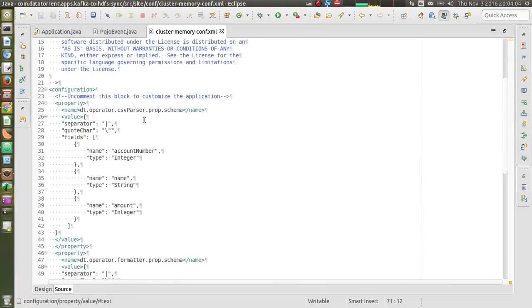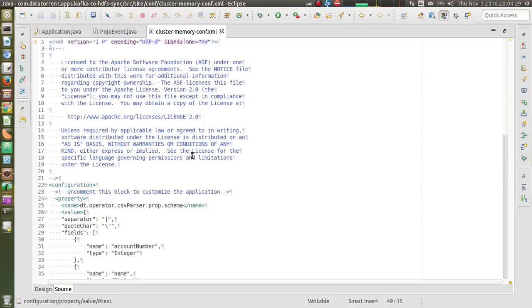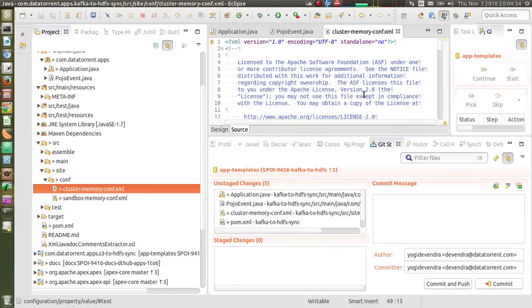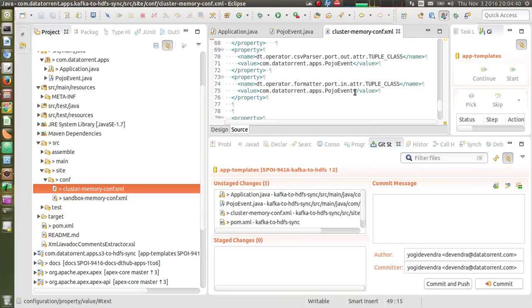And schema for parser and formatter is a JSON string. So it consists of information about what are the fields and what are their respective types. In case of formatter, it also has additional information about line separator and field separator and things like that. So we will keep these things as they are. If you have your custom classes, you can change these properties.